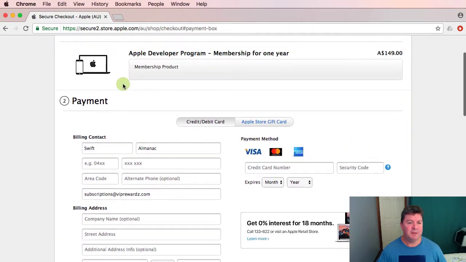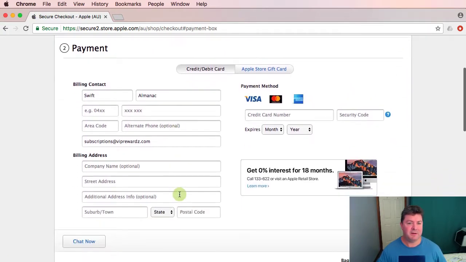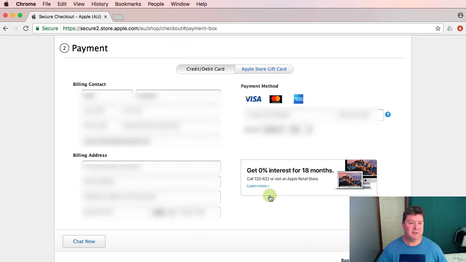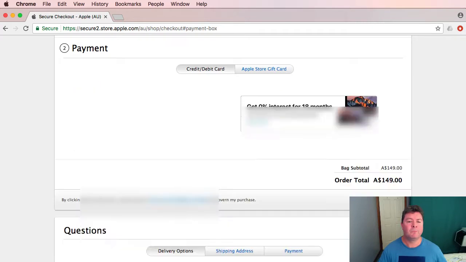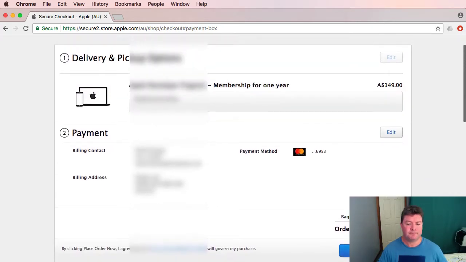And then you fill in the various payment details, or if you're lucky enough to have an Apple Store gift card, you can use that. And you continue again. You go place the order now,